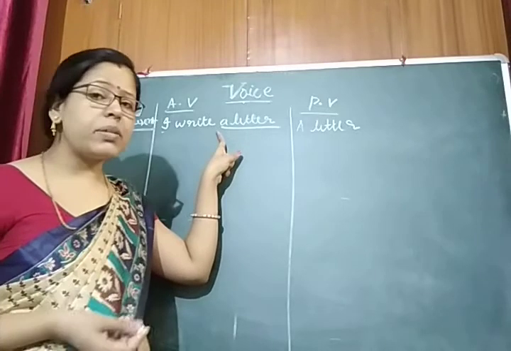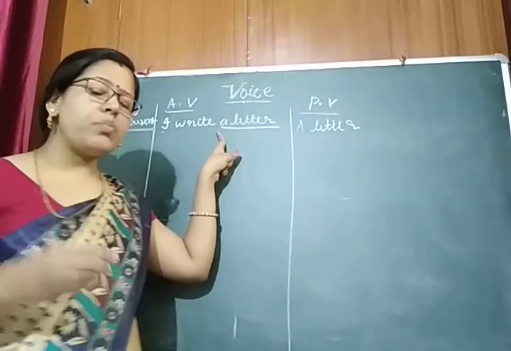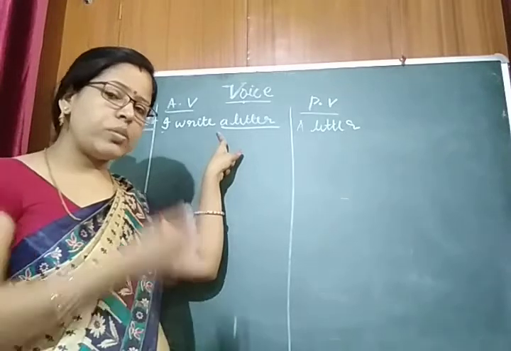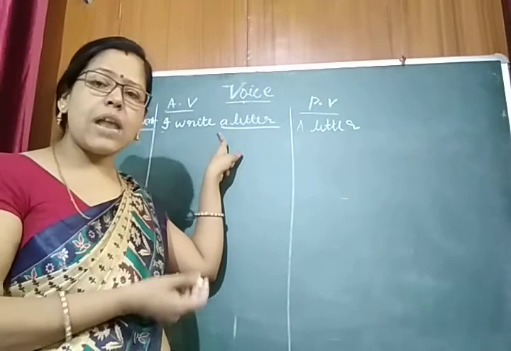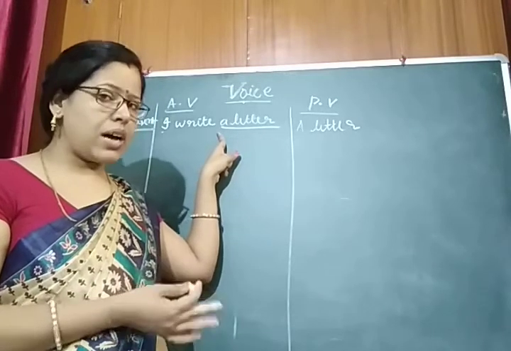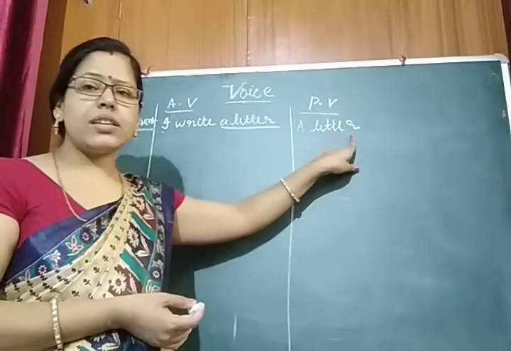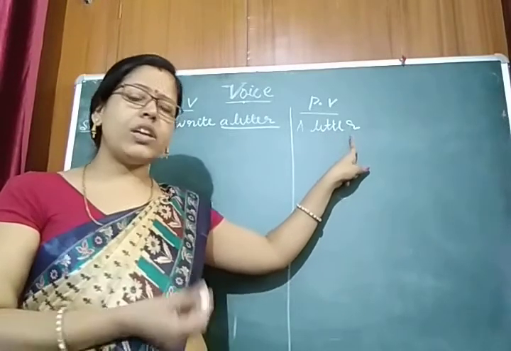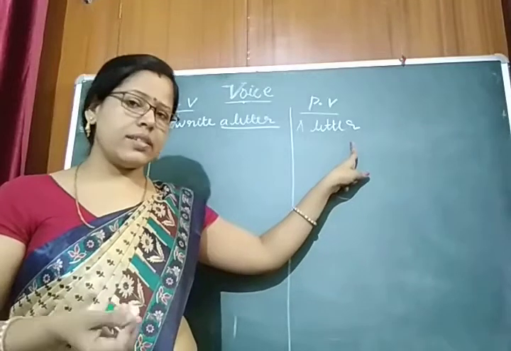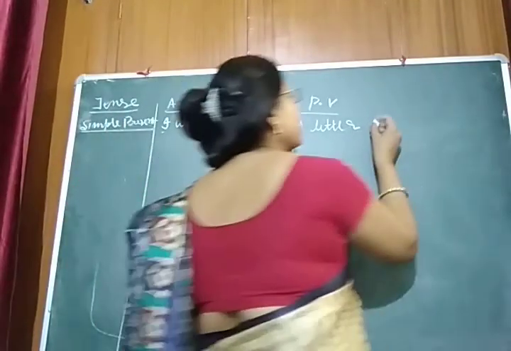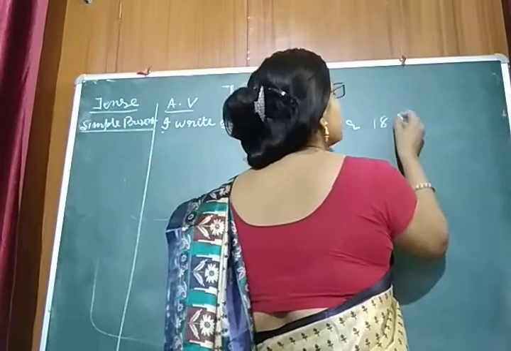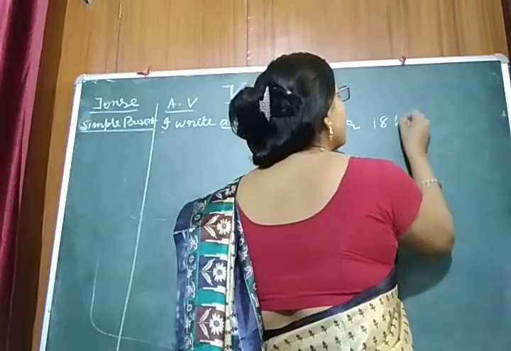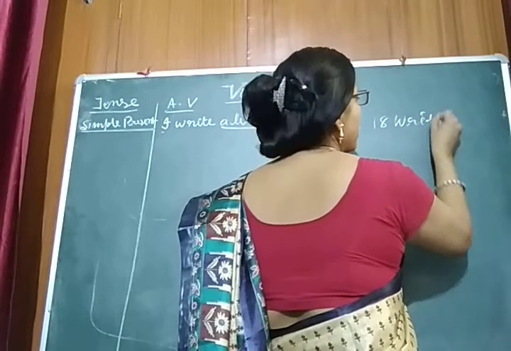And in simple present tense, when we make the passive voice of this tense, we use helping verbs is, am, are. You know very well a letter is third person singular number. And that is why it will take which helping verb? Is. So a letter is written by,